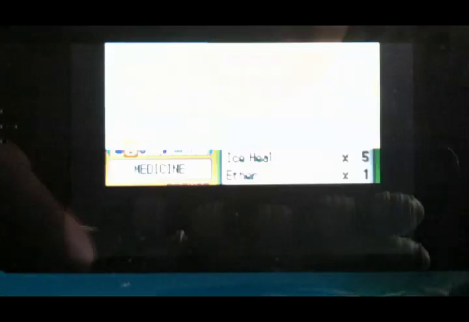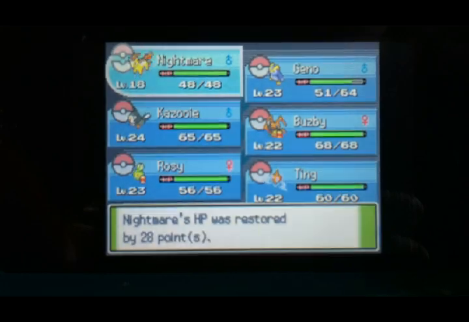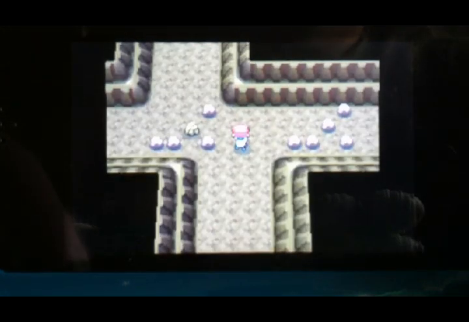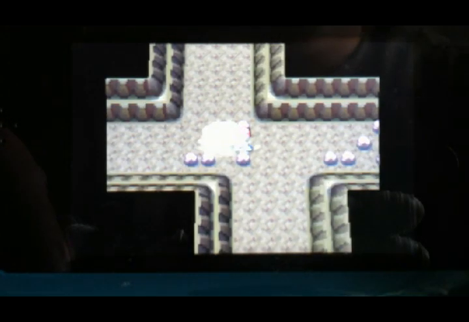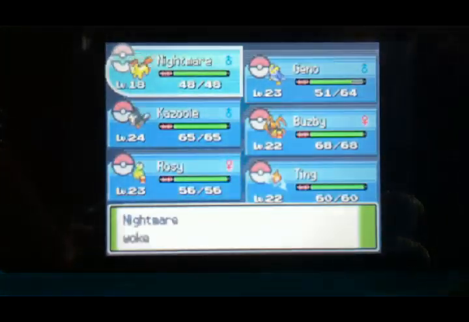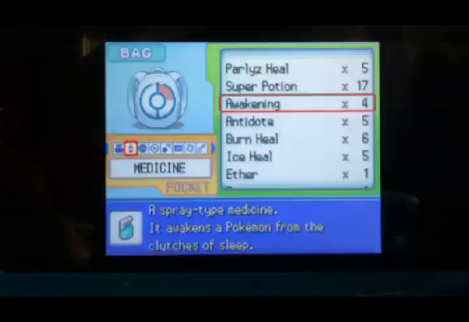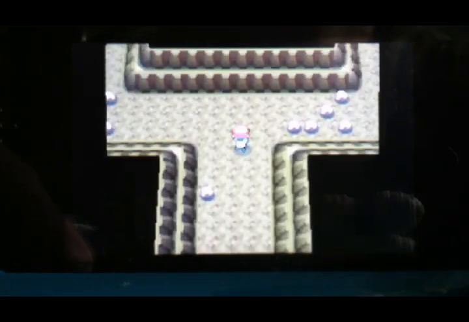I swear, Confuse Ray seems to be the bane of my existence. They keep making me have to use Super Potions in the battles afterwards in order to actually get through. But yeah, do whatever you can to get to the southeast corner, because then you'll meet another trainer there. I have to say, this cave is the first place I've actually had to start running away from Pokemon, because these Bronzors keep using the annoying Hypnosis, and then...